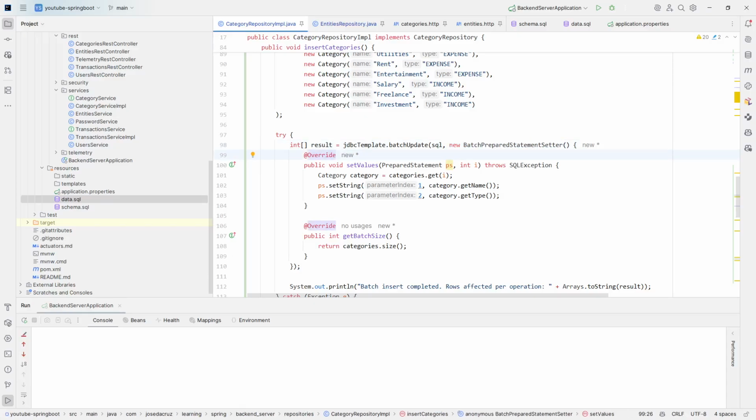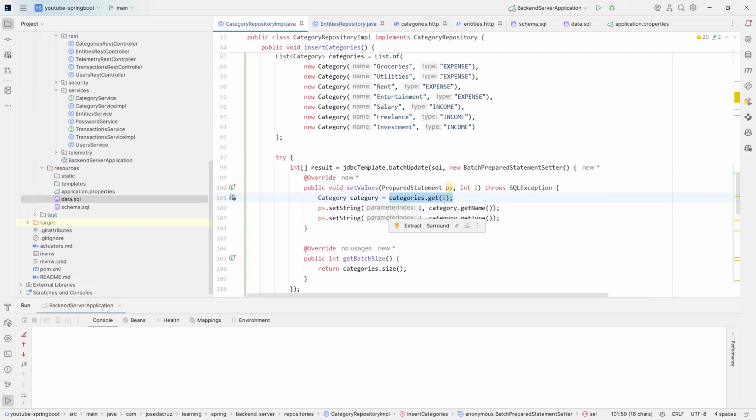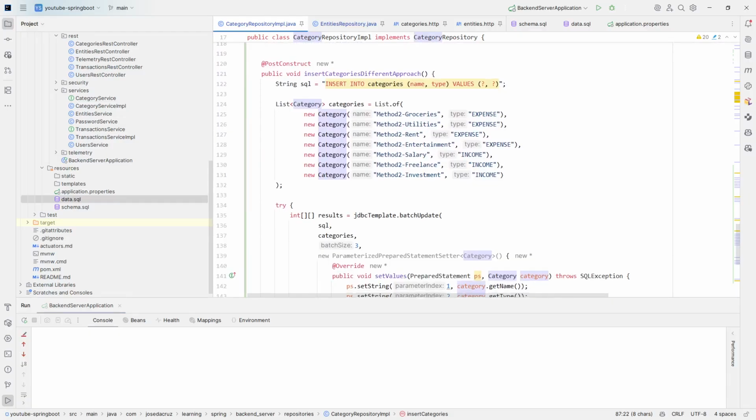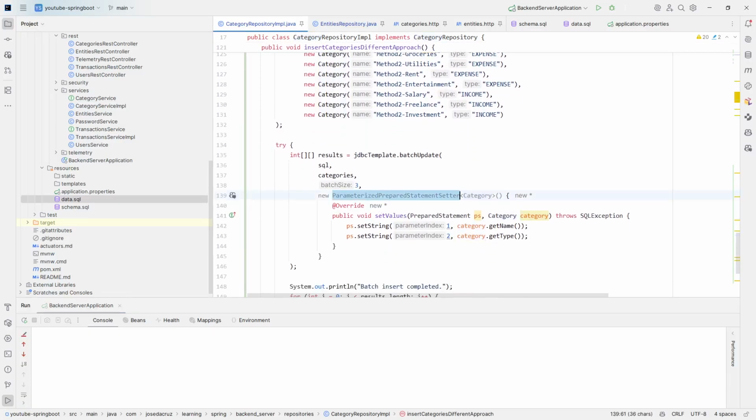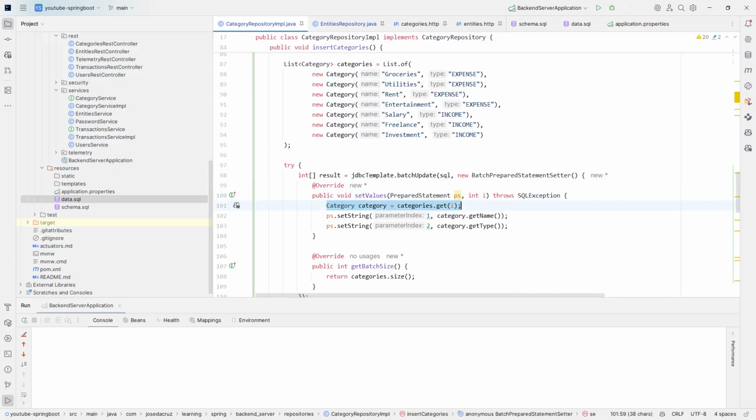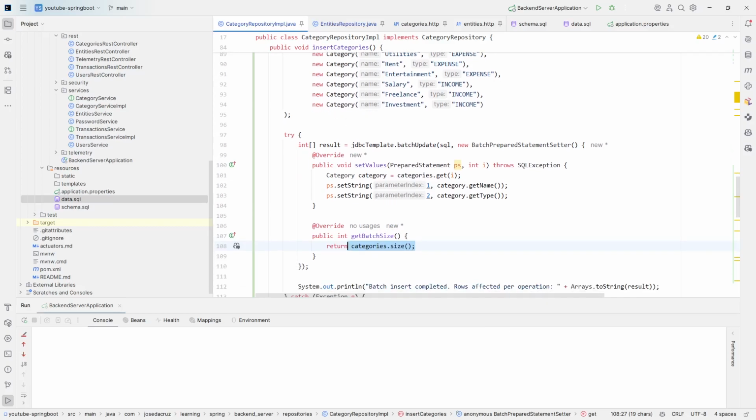Okay, but here you can see I'm receiving this index here, and I'm getting the category using direct access to it. I'm not taking advantage of the other one that we'll see, which is this one. This one will be better, but I just want to show you first the one that we talked about, which is the batch prepared statement setter, meaning that here we are getting the category by the position that we receive, and it understands the positions because of this get batch size. So I'm saying it will get 1, 2, 3, 4, 5, 6, 7. So it'll understand that we should call